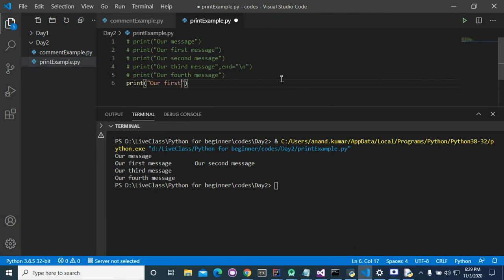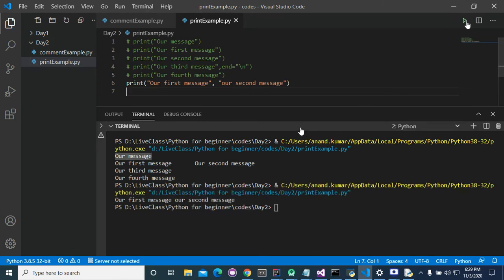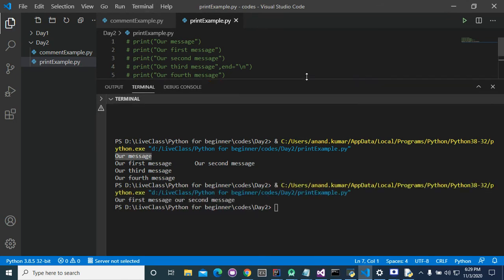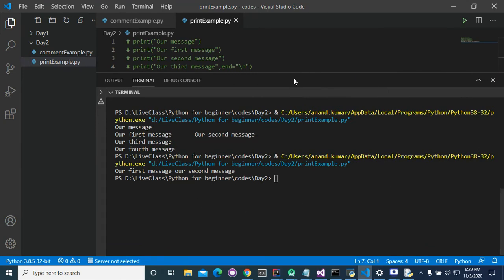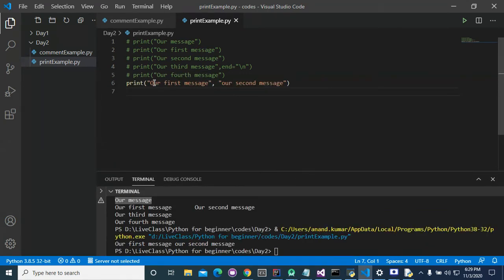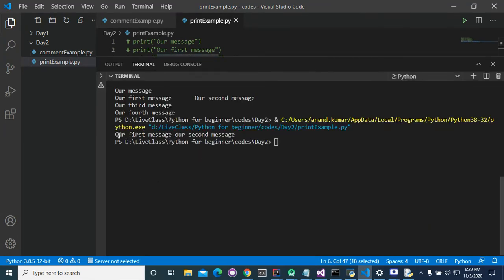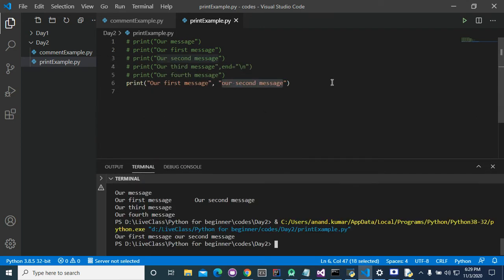Our first message, our second message. First I am running this. Now you can use the print function like this: our first message and our second message. See the output. Our first message and there is a space between our second message. Okay, we can use print like this.